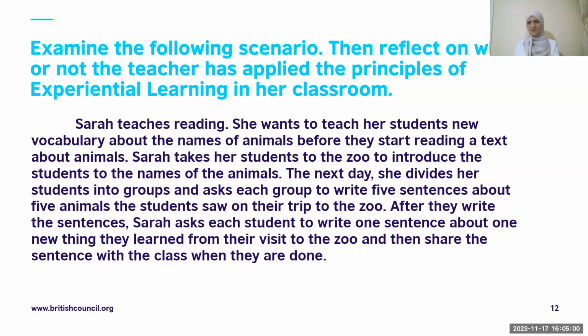And do teachers learn from students? Yes, they do. So what can they learn? What can Sarah learn from this situation? Because remember, we're all learning human beings. We learn from each other. So how can Sarah learn anything? I mean, assuming she knows the names of the animals, of course.